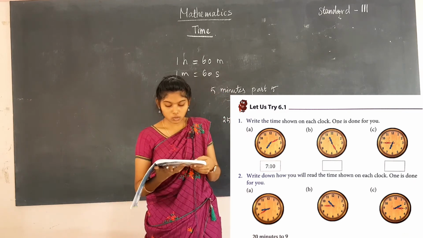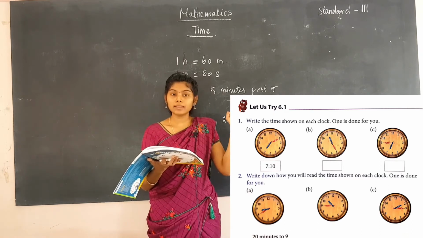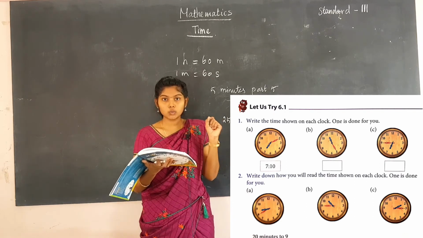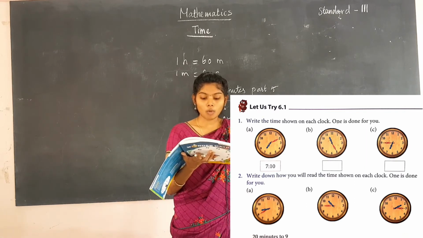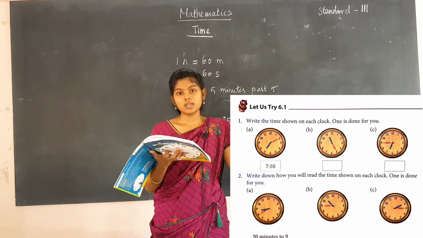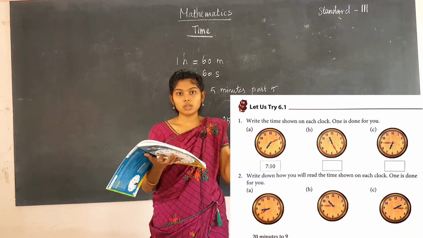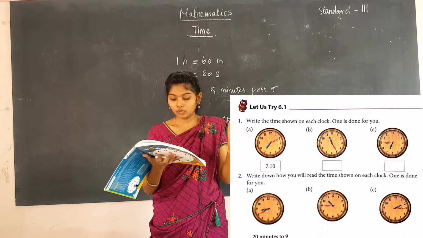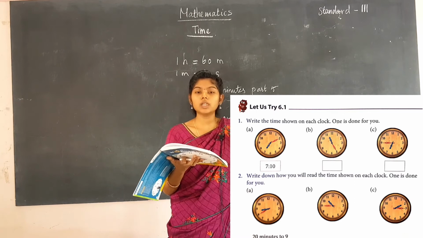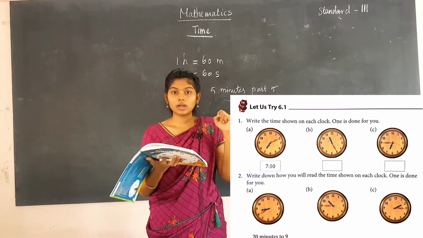And the next one, see that clock, the shortest hand is between 10 and 11 and the minute hand is on the left side. So you have to use 2 there. See how many more minutes there are to become 11. You have to check 9 to 10 is 5 minutes, 10 to 11 again 5, 11 to 12 again 5. How many 5s are there? 3 fives. So 15 minutes. So to become 11, it takes 15 minutes. So you have to write it as 15 minutes to 11. How will you write 15 minutes to 11? You have to read it like that.